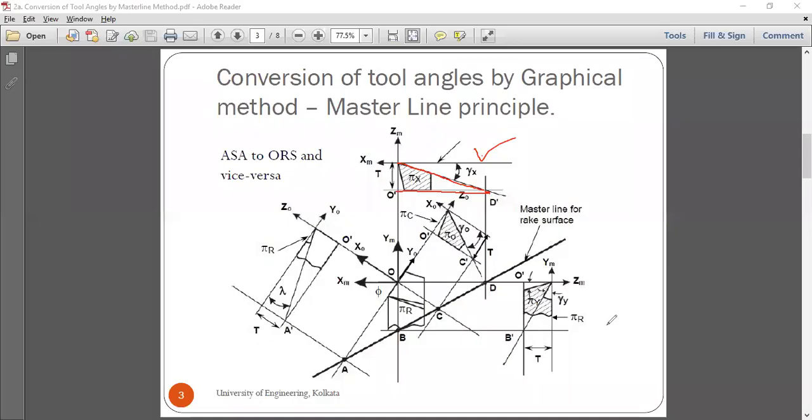Okay, again, this one, if we see, then what we have done here is, we have this gamma y, that is the back rake, we have extended this gamma y